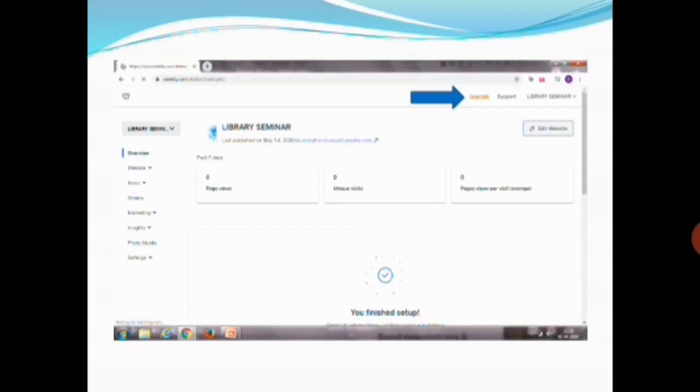So when the library website was created and which name was created, you can edit the website and whatever elements you want to add or remove, you can easily do. And if you just click the upgrade button, your website will be upgraded automatically. At the same time, Weebly provides you more than 5 to 6 websites in a single website ID.